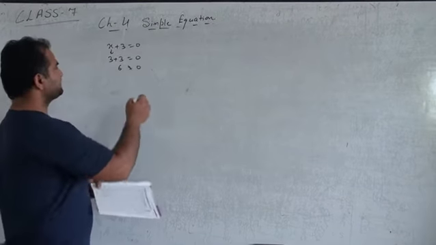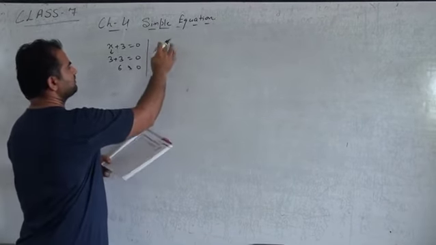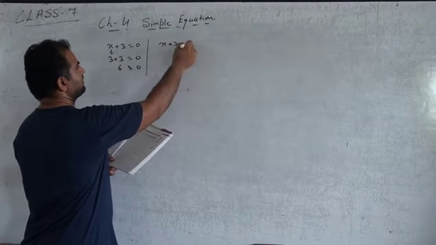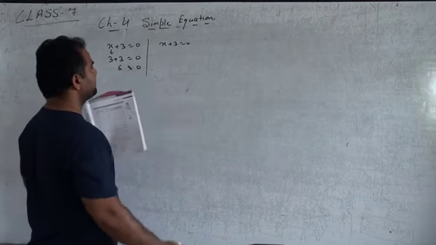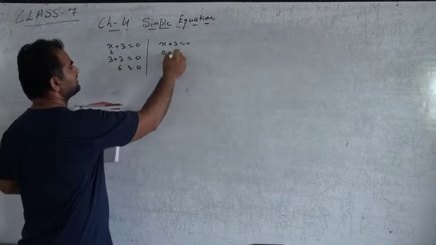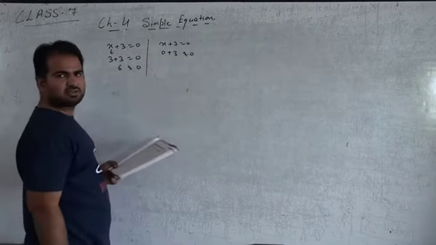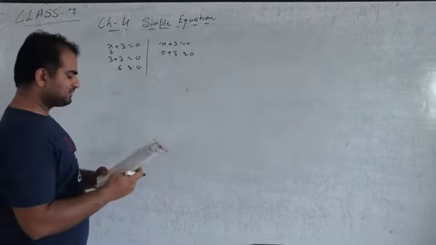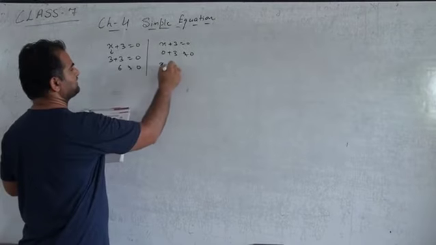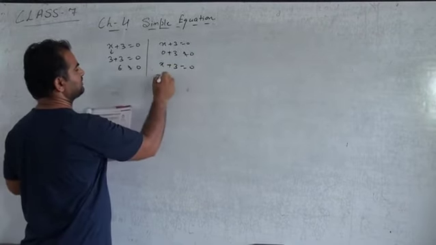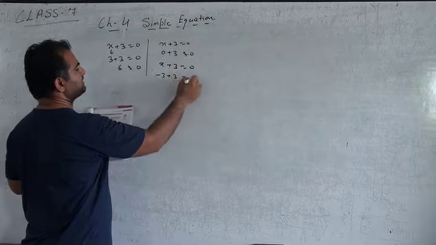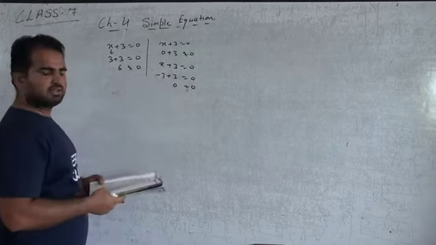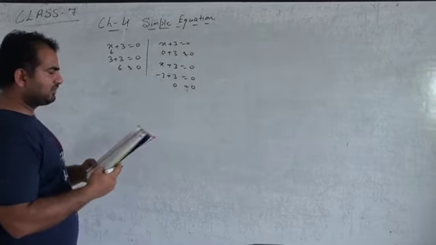Okay, next question is x plus 3 equals to 0, and what we have to do is we have to place 0. So 0 plus 3 equals to 0. Is it correct? No. So this is also not satisfied. Next is x plus 3 equals to 0. What we have to do? We have to place minus 3. Then minus 3 and plus 3 will make 0. Then left hand side and right hand side is equal.